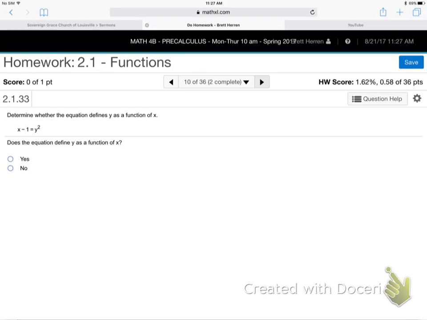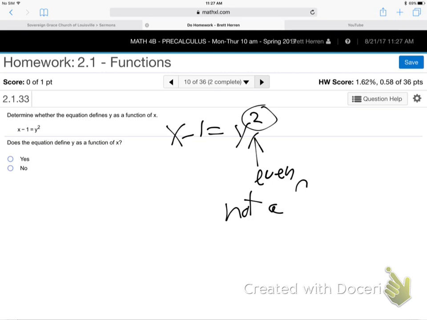So here's number 10. x minus 1 is y squared. Is it a function or not? No. Even power. Not a function. You'd like to see a lot of those on the exam, right? There'll be at least one. Probably just one. All right. Even powers, absolute value, or plus or minus: not a function. Otherwise,